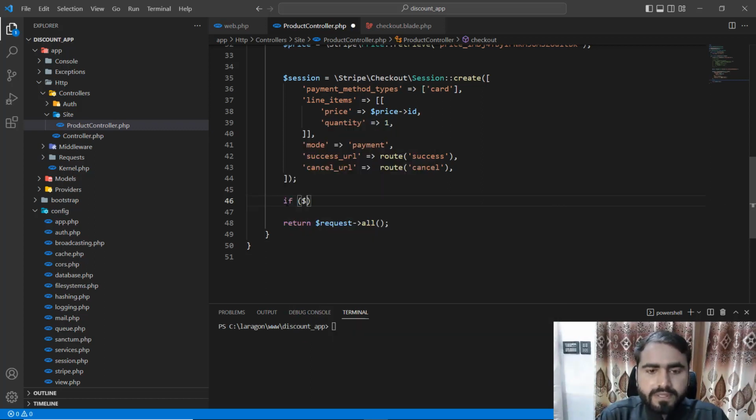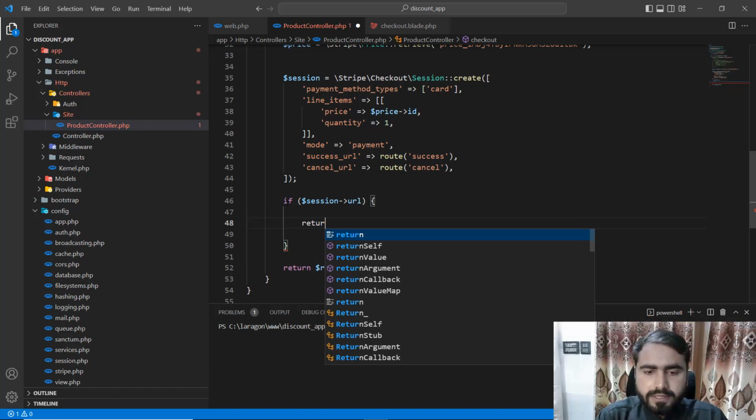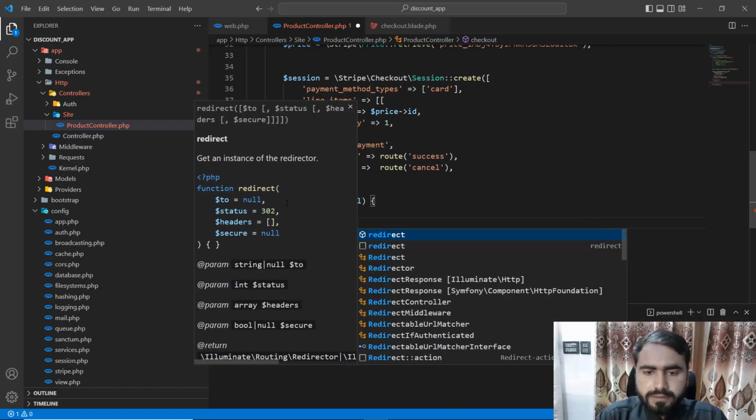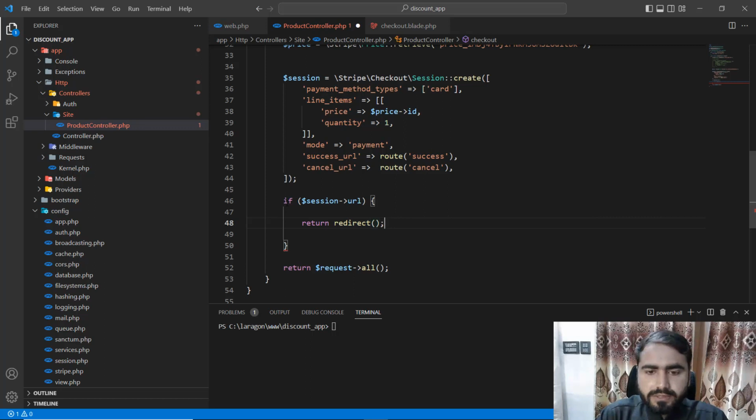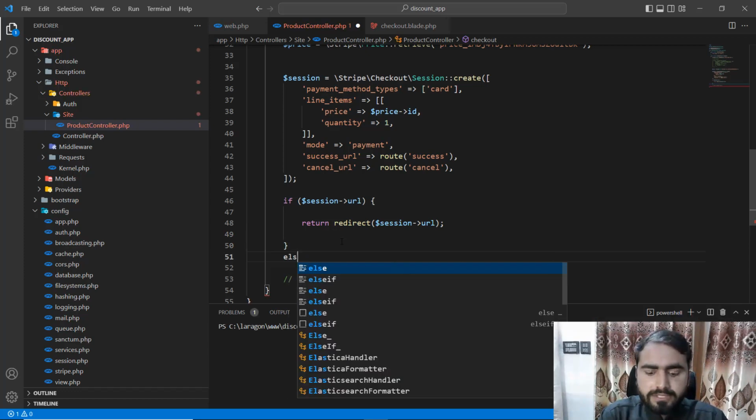So if this session contains this URL, then here we want to redirect on this URL, return redirect, okay, and redirect to this URL. So just copy this value, right? Copy this value and add this out here, right? Okay, so comment this out, and otherwise you can return here a message like